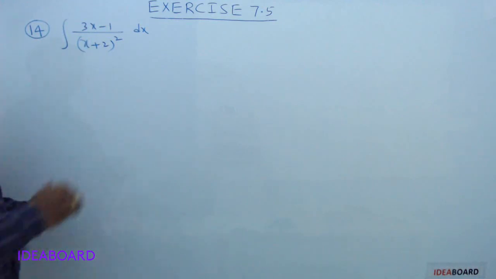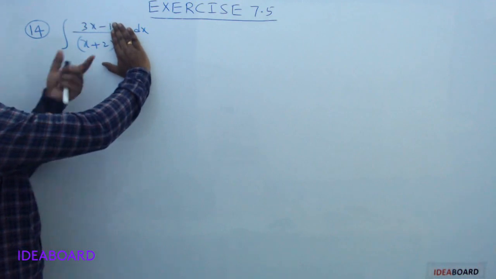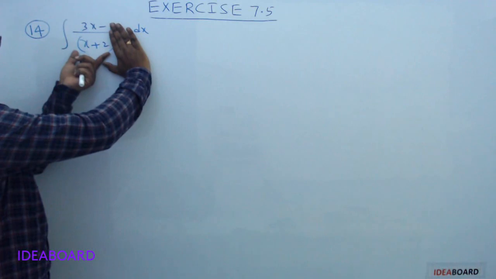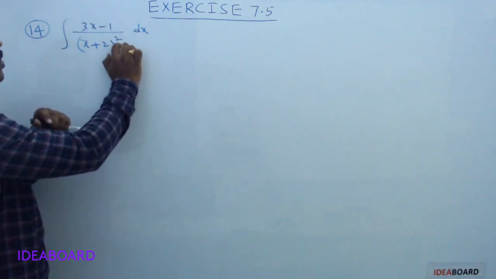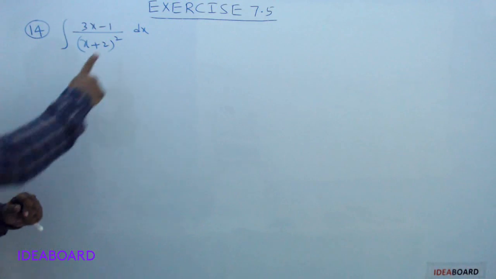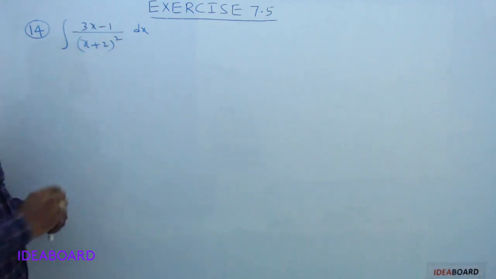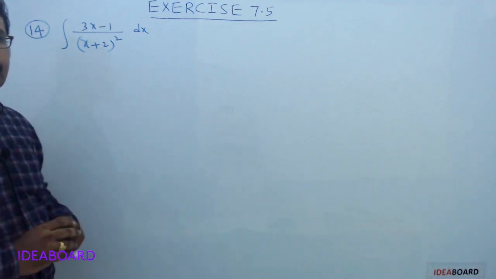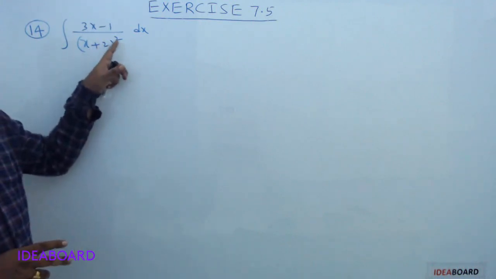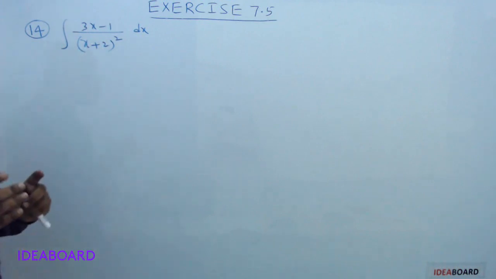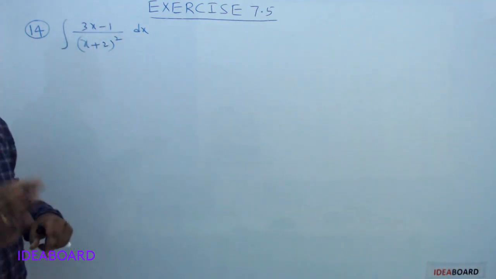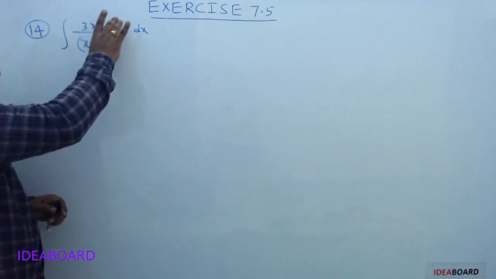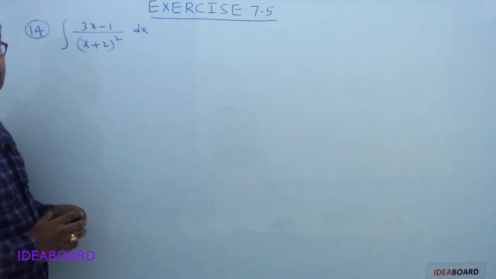Now observe the denominator. If you close this power, it is a linear factor because its degree is 1. How many times is it repeated? 2 times. So it is called a repeated linear factor. So it satisfies two conditions: proper fraction, and the denominator contains repeated linear factors. So it is exclusively type 2 partial fractions. Now how to resolve this fraction into partial fractions?